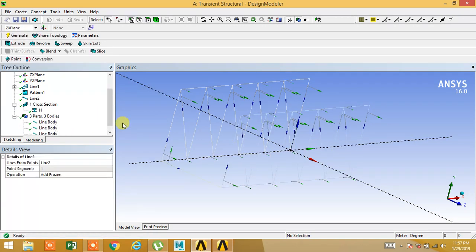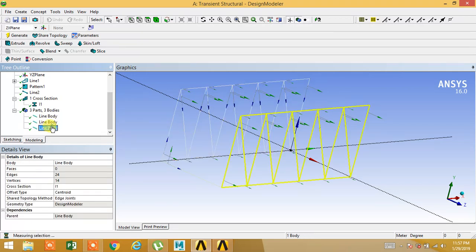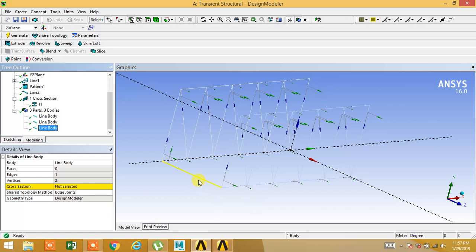Click on generate. So there are now 3 line bodies, these 2 trusses, and this is the girder beam.